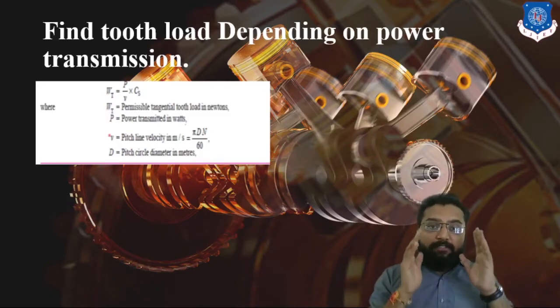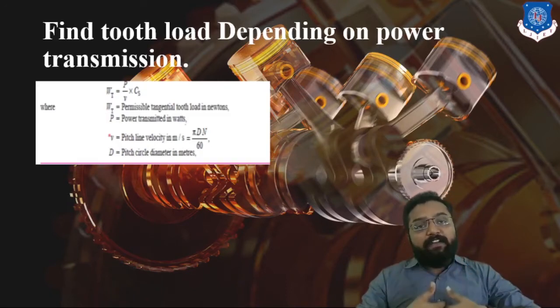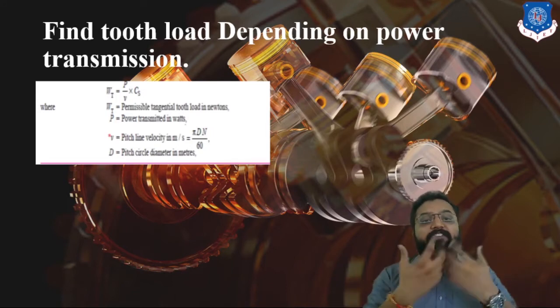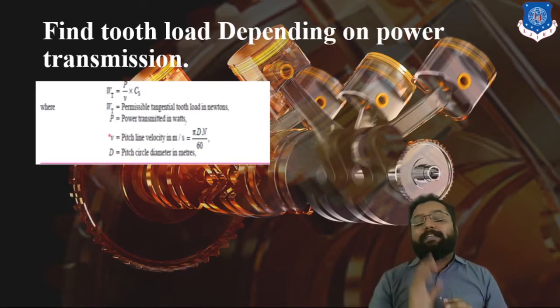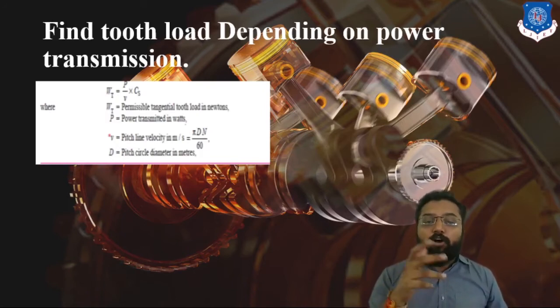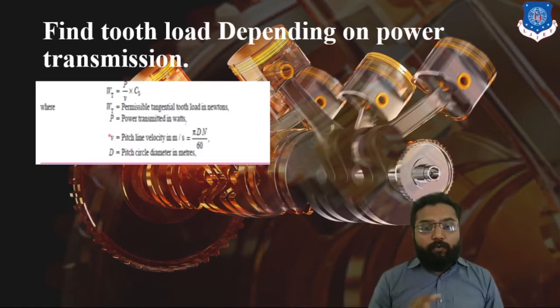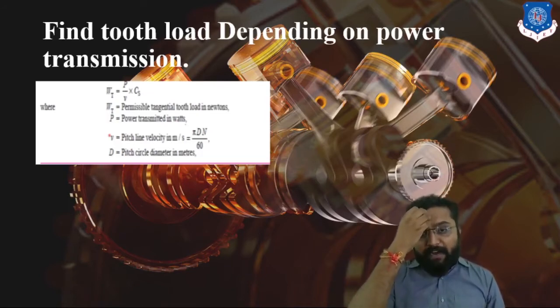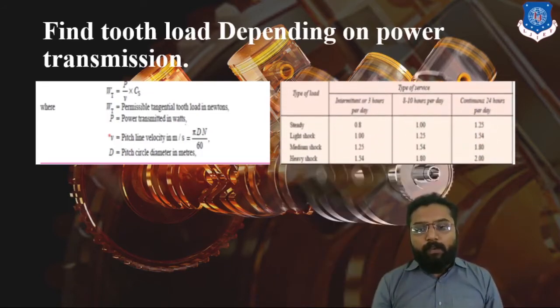Why the same? If it is not the same, they will not interfere, they will not connect with each other, and they will not transfer that power. Clear? So the velocity of that gear will be the same. So if you want to find linear velocity, you can take any of your gears and find that velocity easily. Depending on the gear type, you can easily find different types of load, for spur gear particularly, or anything.